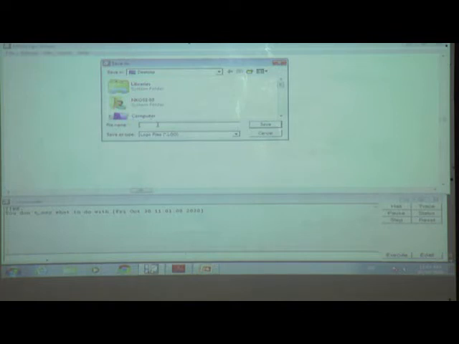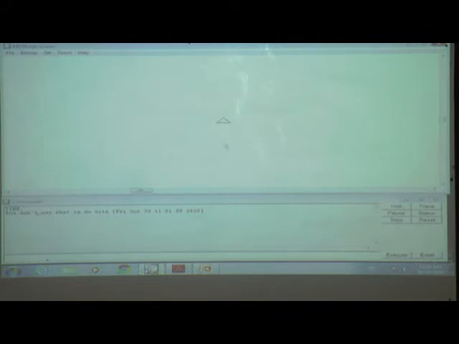I will give the name time, because then it is very easy to find afterwards. Then afterwards save. Clear how to save the file?